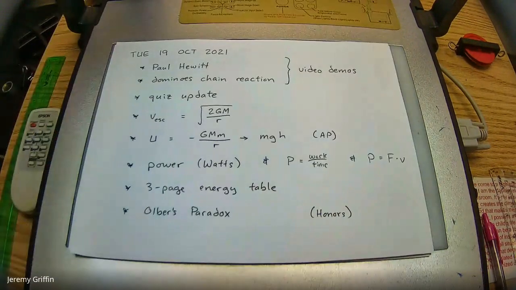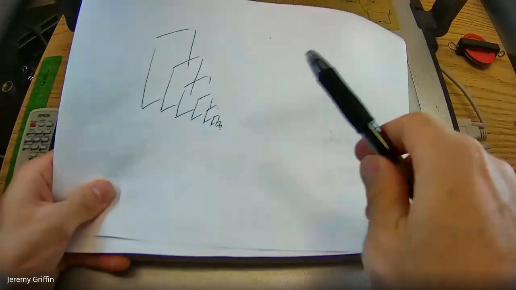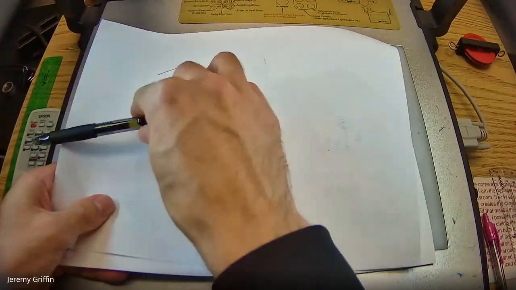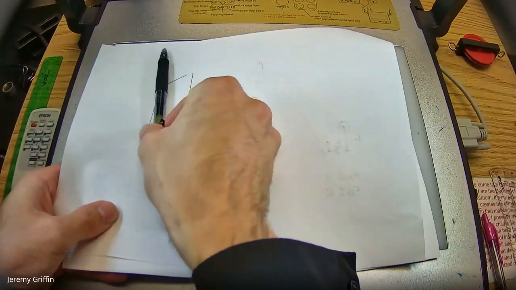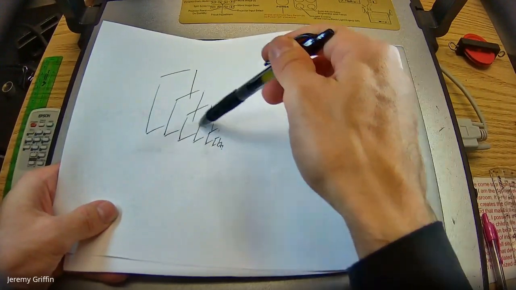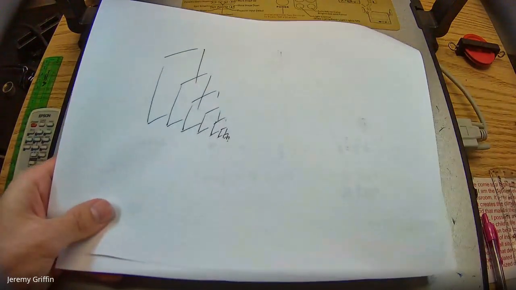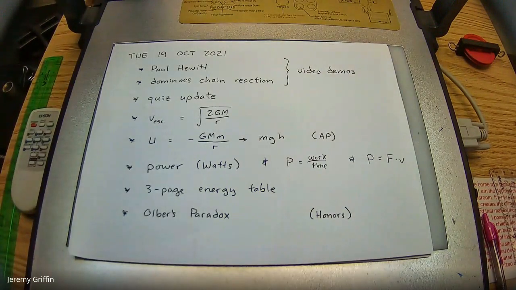Then the Dominoes chain reaction you saw was a series of dominoes like this. Of course, it takes some energy to lift each one and some work to put it in place. Then this one is tipped a little, and they all collapse. He said if they had 29 of those, the biggest one would be the size of the Empire State Building. And you get all that potential energy back.